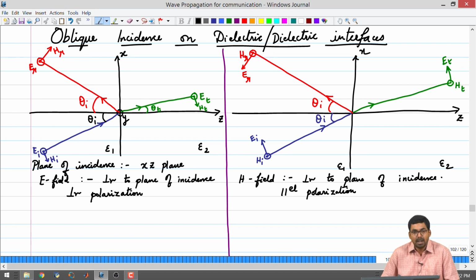Okay. There are also other notations that are used widely, for example, S and P polarizations, TE and TM polarizations, etc. but I think I will just stick to perpendicular and parallel because it is easy for me to remember. S and P is from some other language, I do not remember what S and P usually means. TE and TM one can say because of the transverse electric field or transverse magnetic field, etc. That is also one way of remembering. So, you can pick one of them, but I am going to stick to perpendicular and parallel for this set.